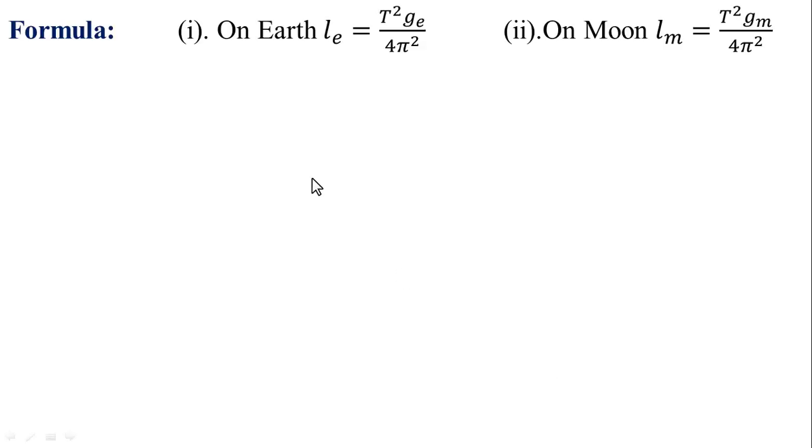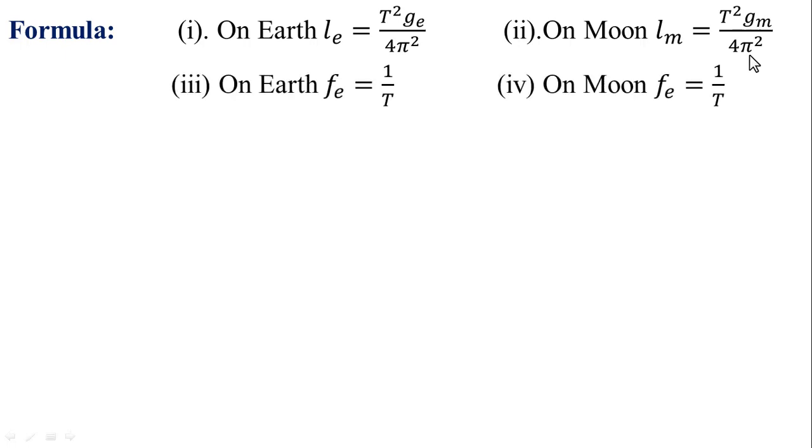Now we can find that by using the formula for length of pendulum on Earth: L_E is equal to T square g over 4 pi square, and on the Moon, L_M is equal to T square g_M over 4 pi square. For frequency on Earth, f_E is equal to 1 over T,